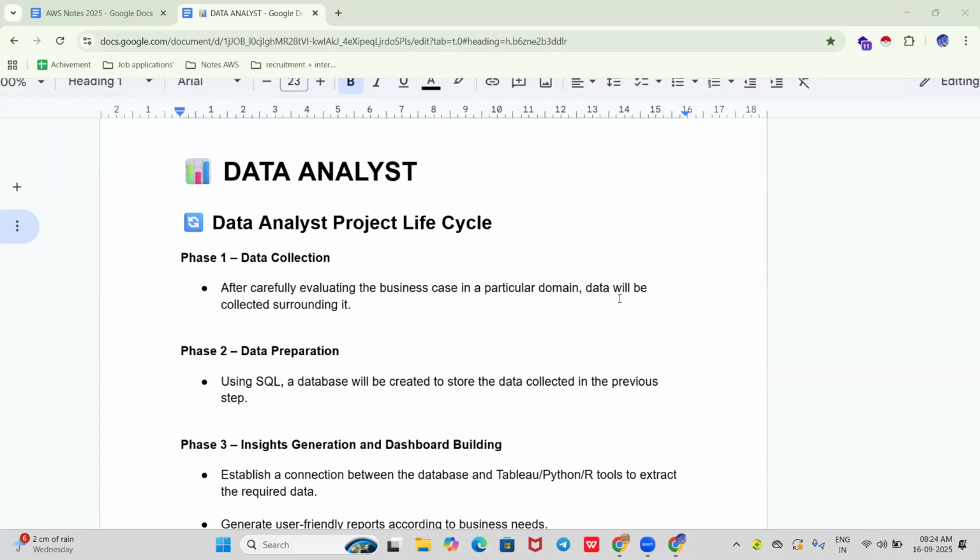Suppose you are working for a bank, you have to understand what the banking sector is, what areas they have, what customers they have, and how many accounts there are in savings and in current. This is the data collection process. You have to understand it inch by inch, whether it is healthcare, finance, edtech, whatever it might be, very clean and very clear. This is the first step.